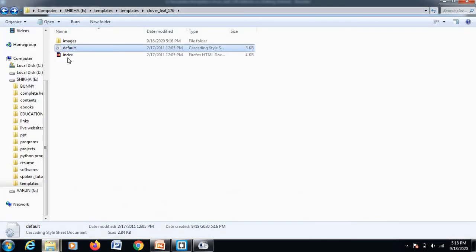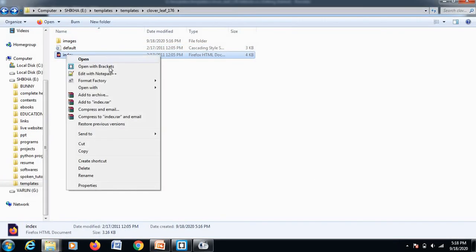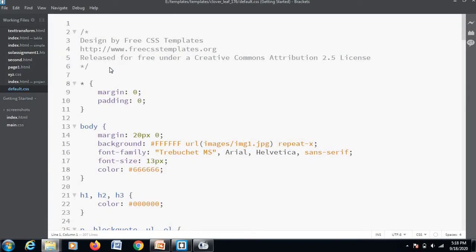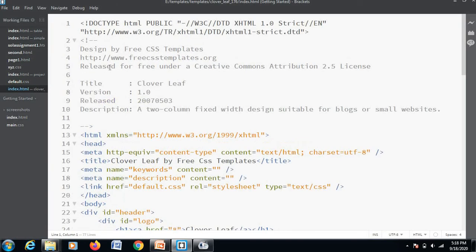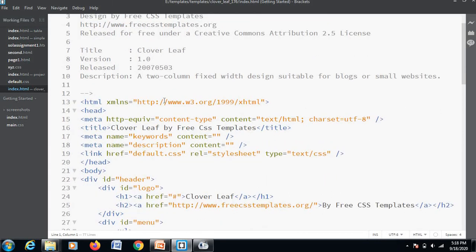Also the other one is your index file. So this is your HTML file. Let me show you the code of this file. See, this is the code of this particular template. So now, as you all know about how HTML looks and how CSS works, you can understand this code easily. That's why now I am going to explain this particular template.